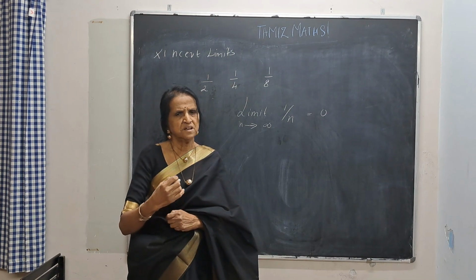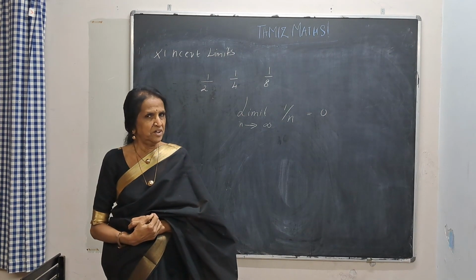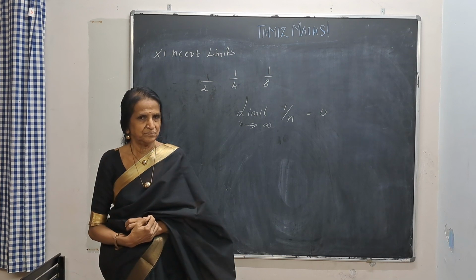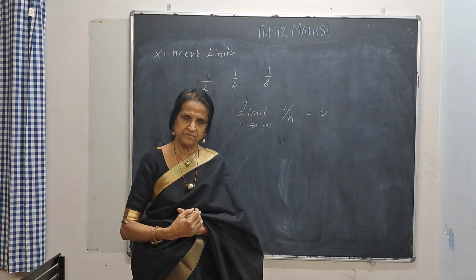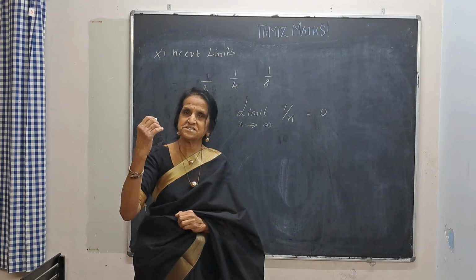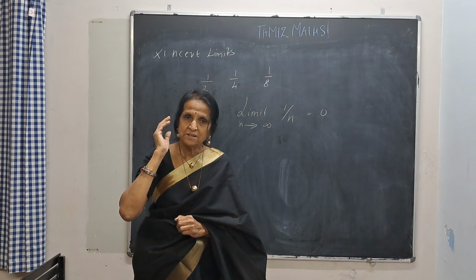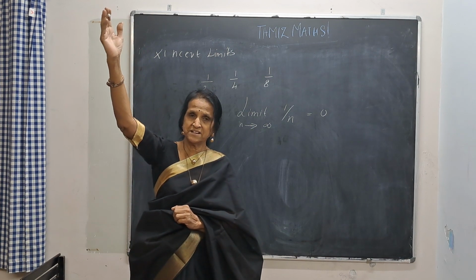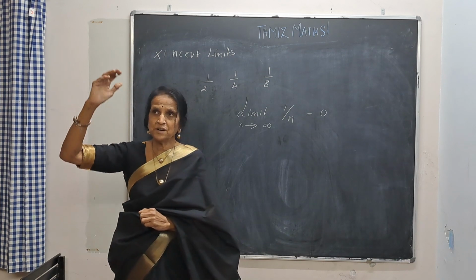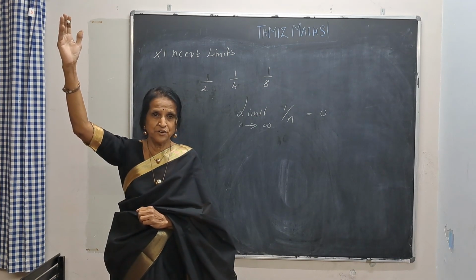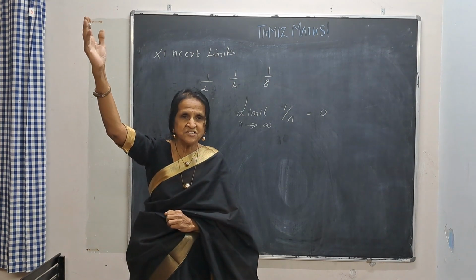What is this infinity? I'll give you a very simple example. Suppose there's a person who's getting a salary of 100. He looks at somebody who's getting a salary of 1000. Same person looks at somebody who's getting a salary of a lakh. Same person looks at somebody who's getting a salary of a crore. It's infinity for him. He can't reach it.